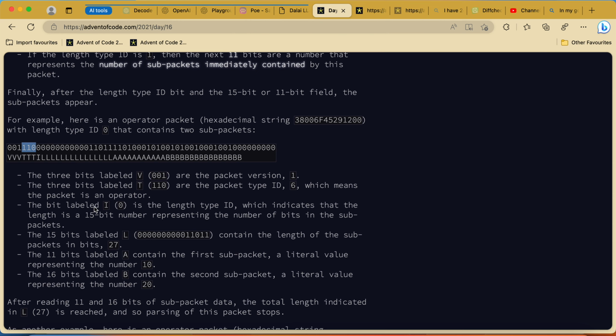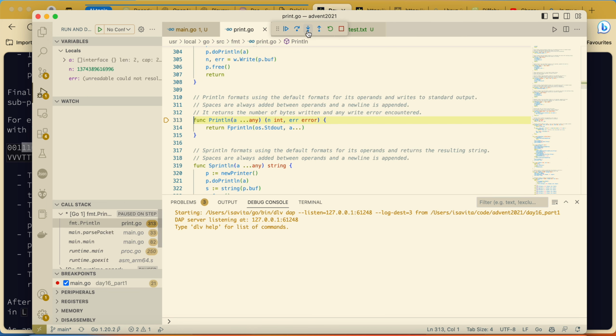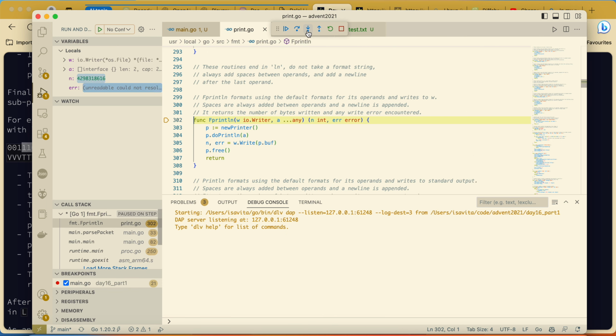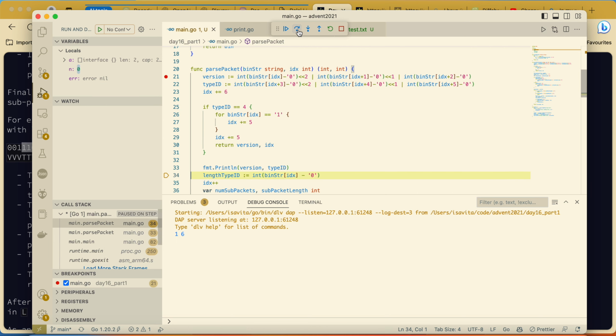After we read these two, we need to check, we are making the shift of 6 and we are checking what our type is. In this case our type is not 4, we skip that. We came to here, we're printing to the standard output, blah blah blah, we don't care for that, we return.